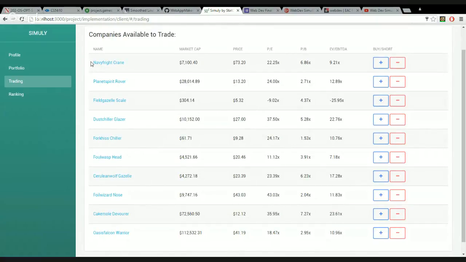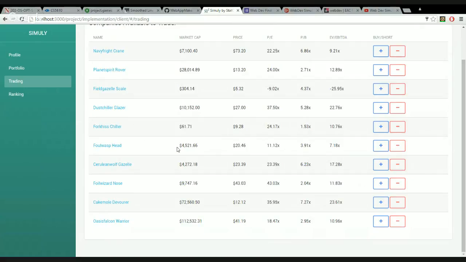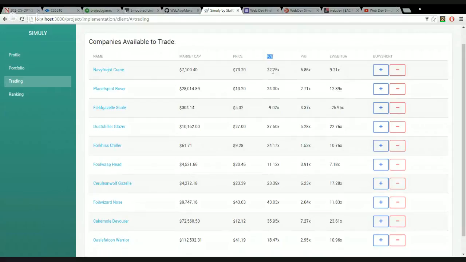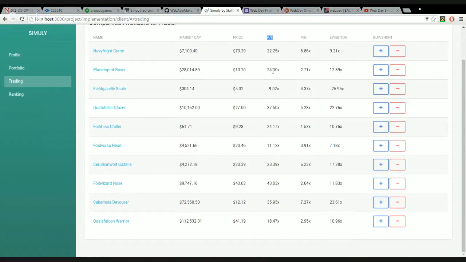All the names of the companies are randomly generated, and they're picked randomly from this database that I've created for companies. So in this case here, you can look, usually price earnings, or PE, is an indicative of companies that may be trading for a very cheap price. So in his strategy that he decided to pursue in this game, he's going to invest in a company that has the lowest PE, which is FalWasp Head.